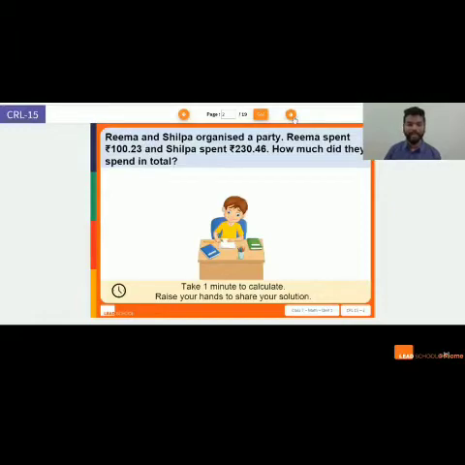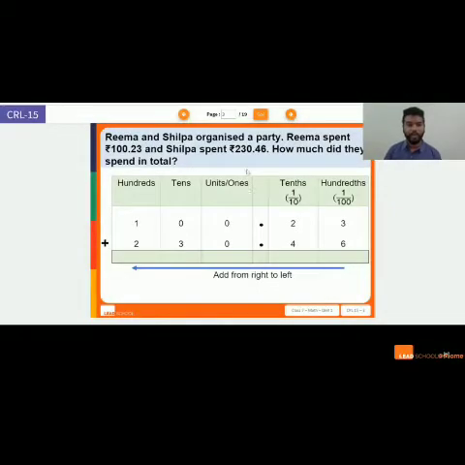Great. Let's check our answers. Alright. So this is my place value box. I have units, tens, hundreds on my left hand side. This is my decimal point. And any number on the right hand side will be called decimal numbers. This is tenth. This is hundredth. 1 unit broken into 10 parts is called a tenth. 1/10 broken into 10 parts is called hundredth.